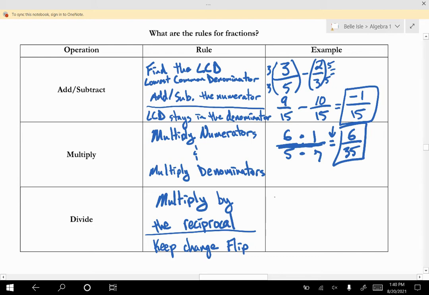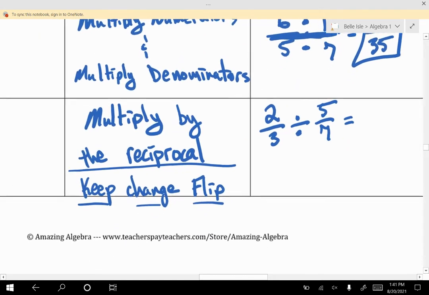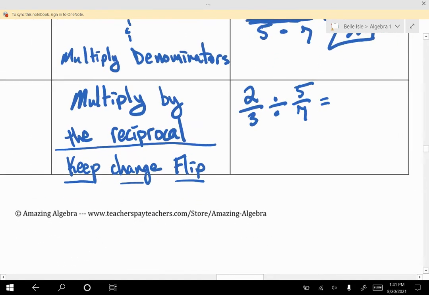Let's say we've got 2 over 3 divided by 5 over 7. That's exactly right, and it falls into our keep, change, flip. You're going to keep the first, and I'll zoom in on this a little bit, so we'll still have 2 over 3. You're going to change